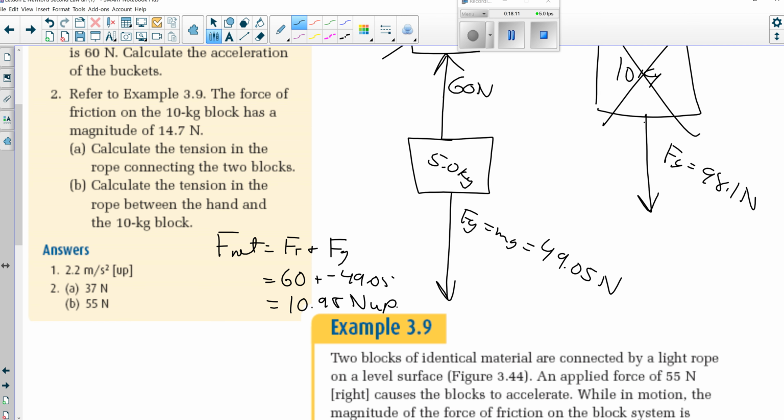So when I go, acceleration is F net over m, okay? I got 10.95 over 5, which is 2.2 meters per second squared, up. That's the bottom bucket, the top bucket, both buckets. All right? So again,